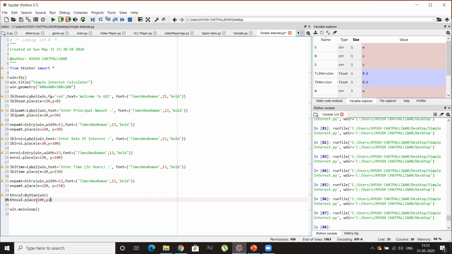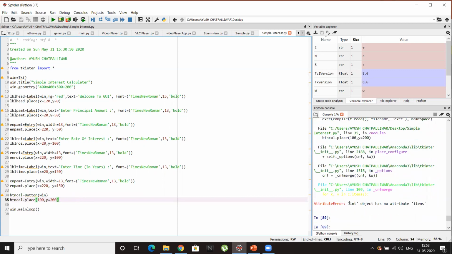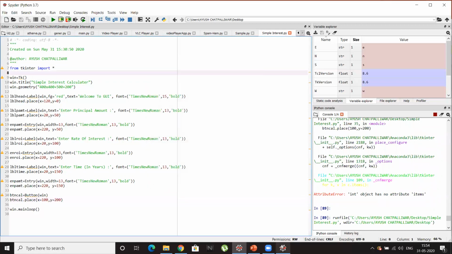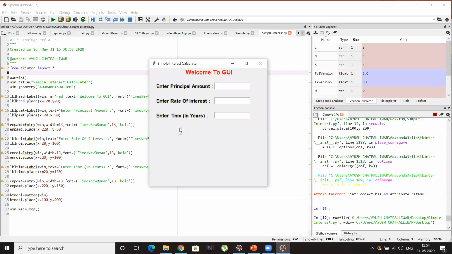And Y will be more than the last Y, meaning I want it below the entry box of time. Here it is 150, let's try 200. Y equals 200. Let's see if I get any button. Oh, sorry, it's not 100, it's X equals 100. Okay. Wait a minute. Yes, you can see a small button is there.